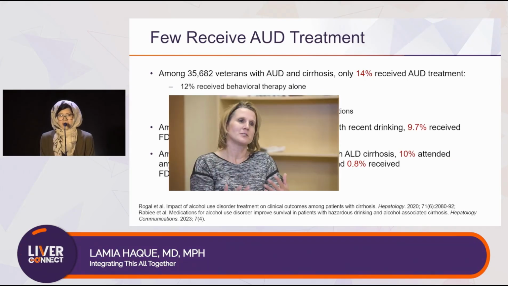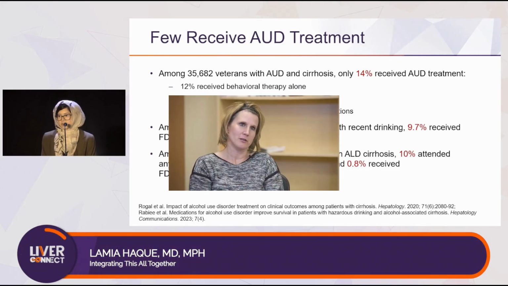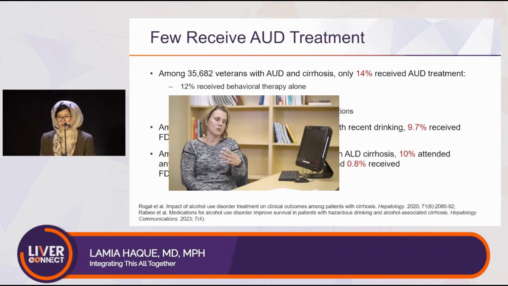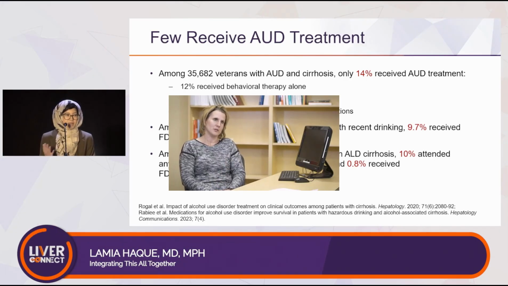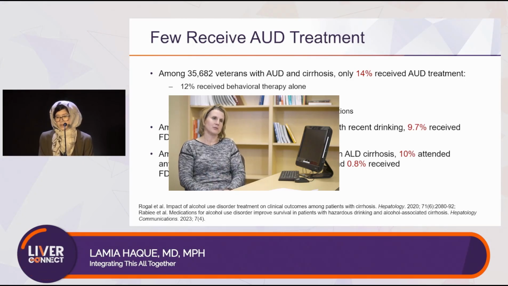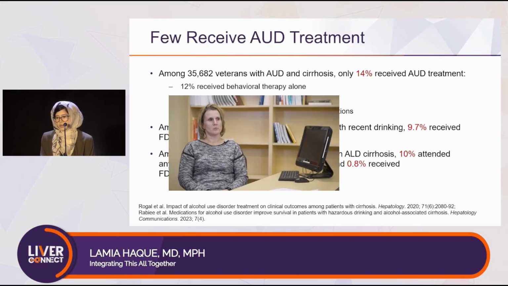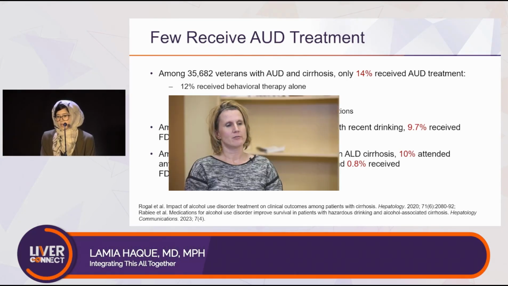Despite this growing body of evidence, I think, there is a large treatment gap, with regard to a very small number of patients with advanced liver disease as well as alcohol use disorder receiving the care that they may benefit from. So looking at the different studies that have reported on this, that first study that I mentioned from the VA showed that only 14% of individuals